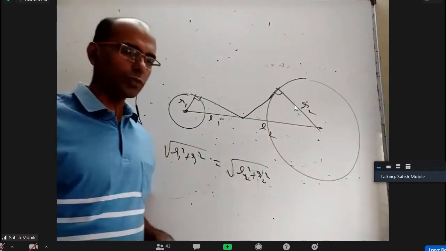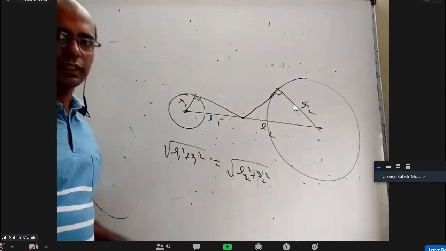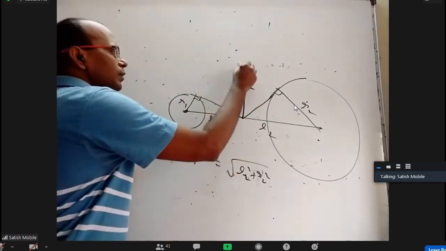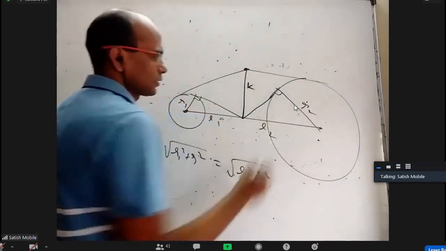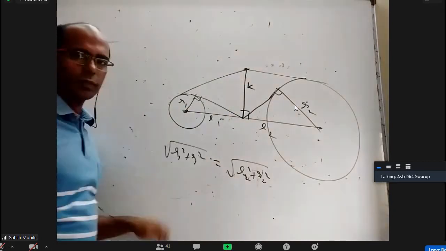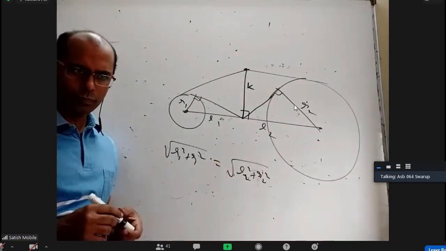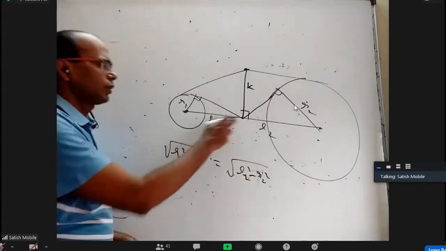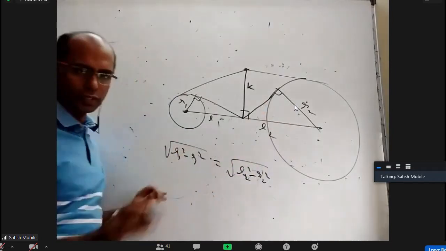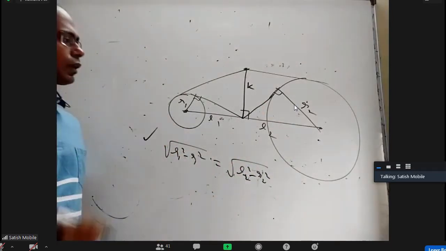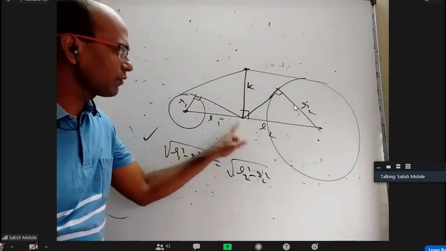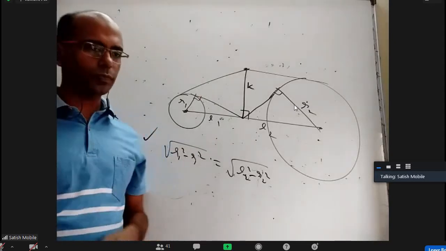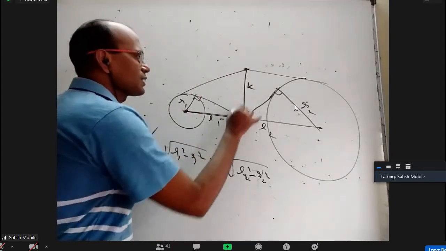Okay. Now I am going to prove to you that if you take any point above that vertically, from there also the lengths of tangent are equal. Let us say I take a point at a distance k. From there I want to draw the length of tangent. Okay. These are perpendicular. Sir, in the triangle, L1 is the hypotenuse, no, sir? Okay. L1 square minus R1 square. Thank you. So L1 square minus R1 square and L2 square minus R2 square, they're equal. I'm assuming this is given. Now what I have to prove is, if I take a point vertically above that, at whatever height you want, from there also lengths of tangents are equal. That is very easy. If this is L1, this is K, what is this distance?